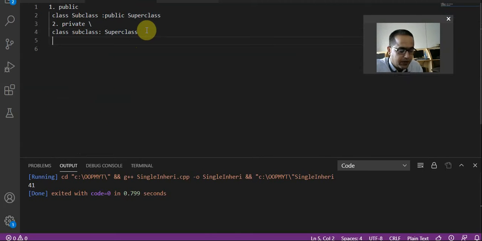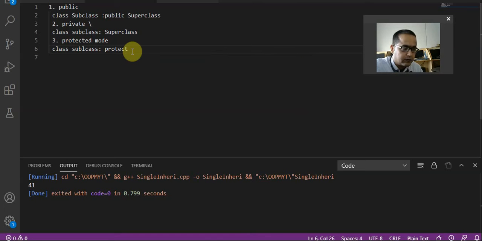The third mode is protected mode. In protected mode, you write down class, then subclass, and then protected, and then superclass.